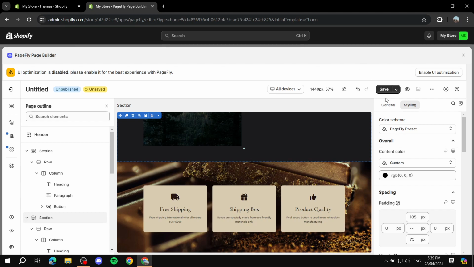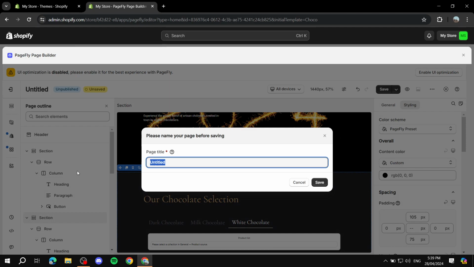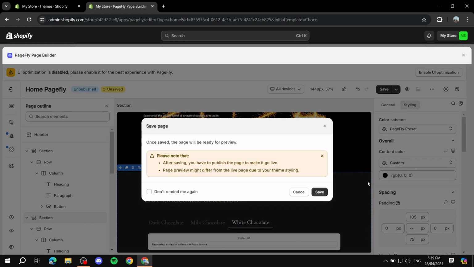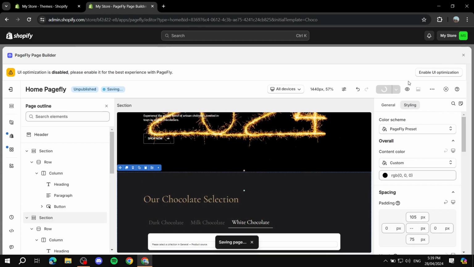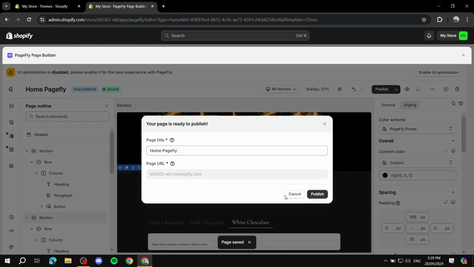Now, to actually save it and publish it, we can just click on save. We can just give it a name, home page fly. There you go. And we can just click on save. Again, just don't remind me again, save, and we can just go ahead and publish it once it's done. We just wait for it, and we can just use Control Shift and S, like I said, from within the shortcut. So we just can click on this, publish,